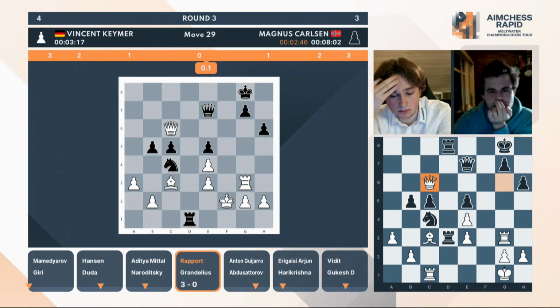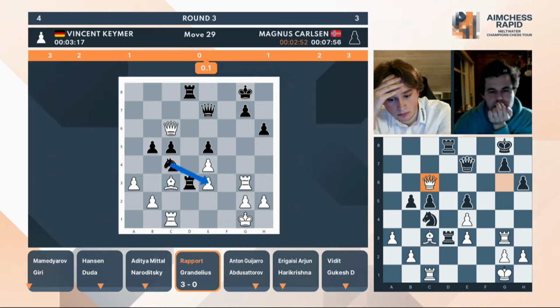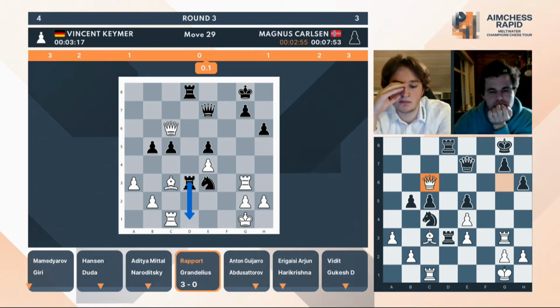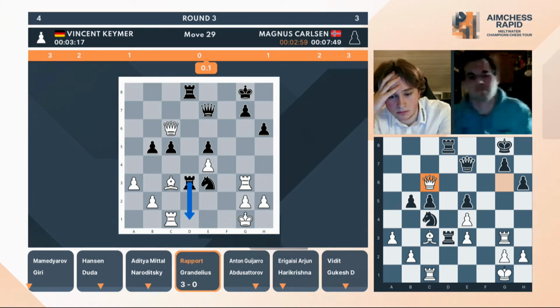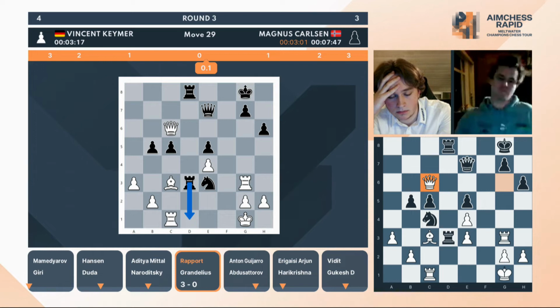You could still perhaps continue here in a few ways. If that doesn't work, if that doesn't appeal to him, he'll go back. He'll look at the second candidate move, which is a capture. Now this is maybe a bigger threat, but it does give white some time. I'm not exactly sure what white would do here. For example, if white were to just